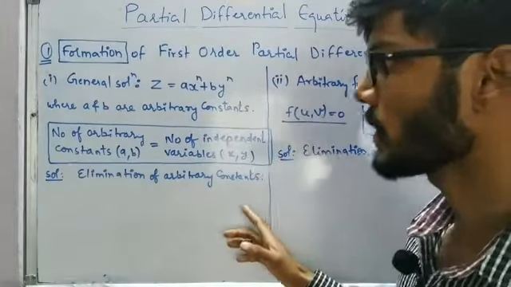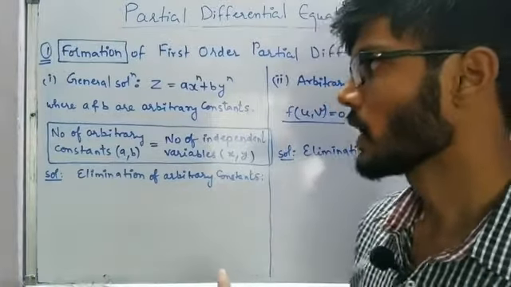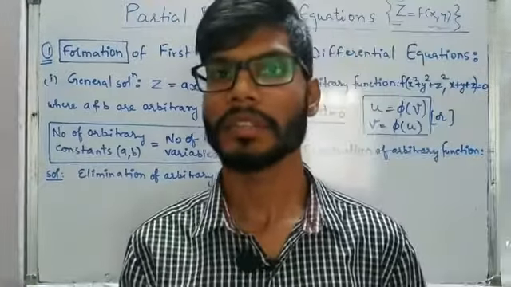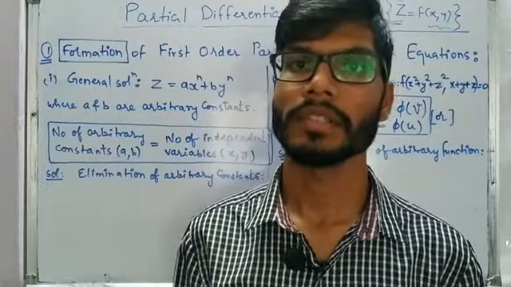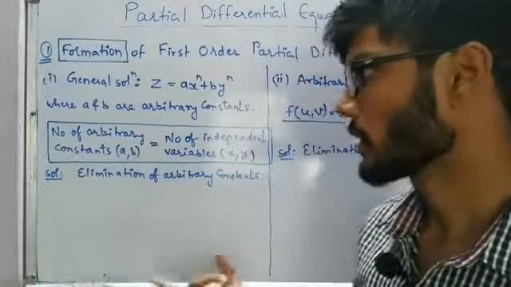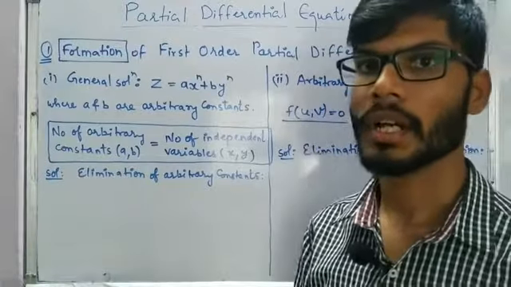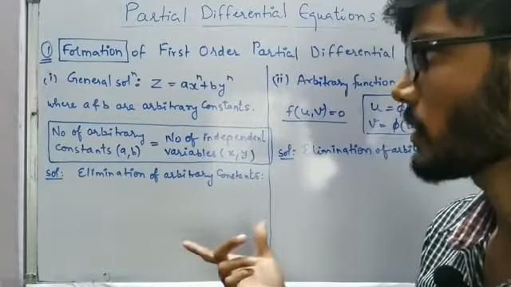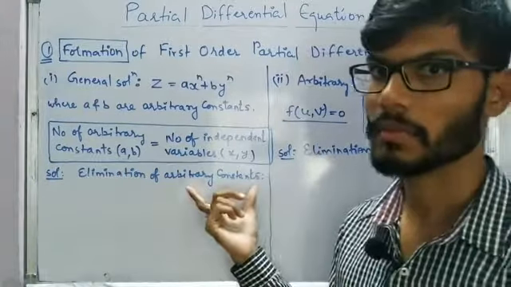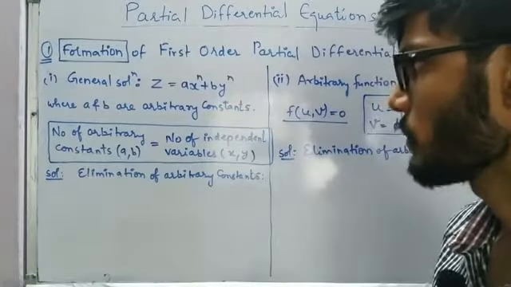And also keep in mind, in the case of ordinary differential equations, whenever we were talking about arbitrary constants, because whenever we are solving the ordinary differential equation, we are going to get arbitrary constants in the general solution, right? So the number of arbitrary constants will be equal to the order. But in the case of partial differential equations, whenever you solve the differential equation, the number of arbitrary constants you are going to get will be equal to the number of independent variables. So in our case, we are talking about only two variables where z is going to depend on x and y.